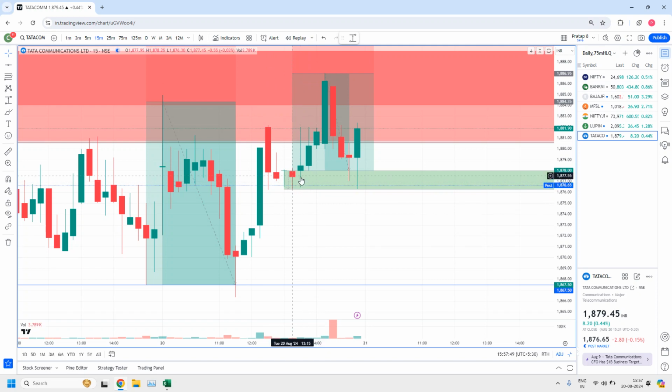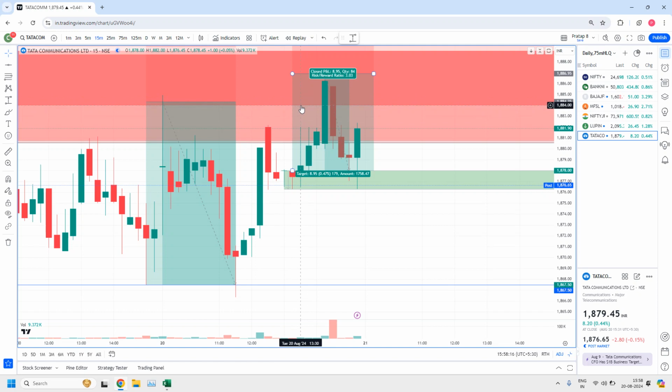Why do I have to give so much importance? The reason is this trade is also in almost the last 1 hour of the trading closing session. At that time you can't expect huge targets during the last 1 hour of the trading session. It's better that your targets are as near as possible. But at the same time, we also have to achieve the RR. See here, if you take your RR here,